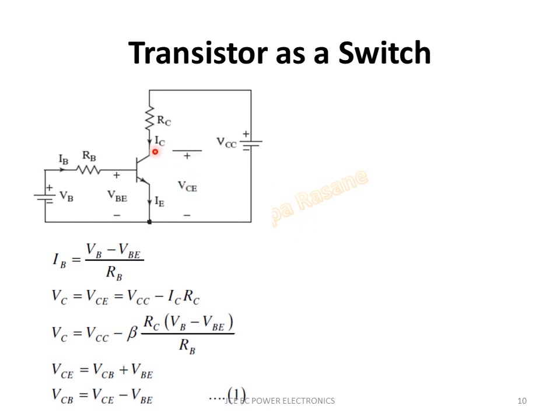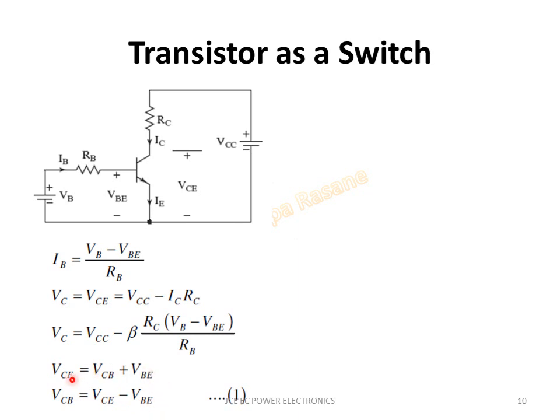And we also know that VCE is equal to this voltage drop plus this voltage drop. What is this voltage? This is VCB, collector base junction, plus base emitter junction, that will become equal to VCE. So I have one more equation, VCE equal to VCB plus VBE. And hence, if I look at VCB, take on the left hand side, I will get an important equation, VCB equal to VCE minus VBE.